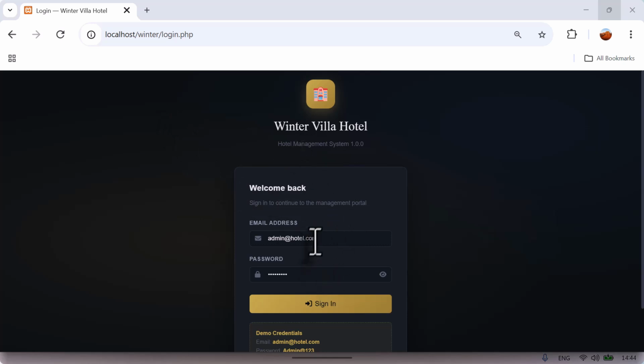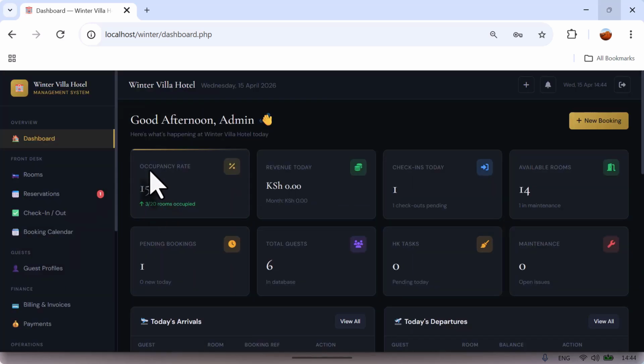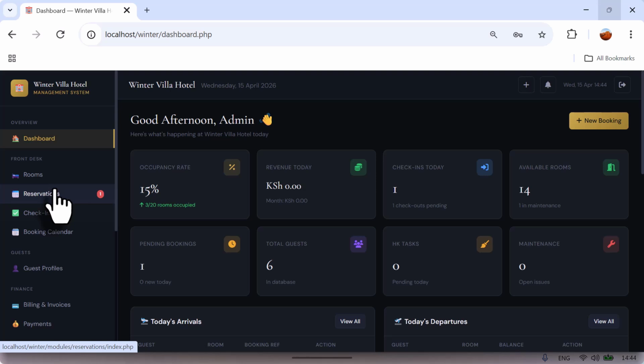After you put your email and password, you click sign in and it will take you to this dashboard. Now in the dashboard, you have so many things that are happening here, as you can see. From the left side, we have your navigation module where you want to go to, but let's first focus on